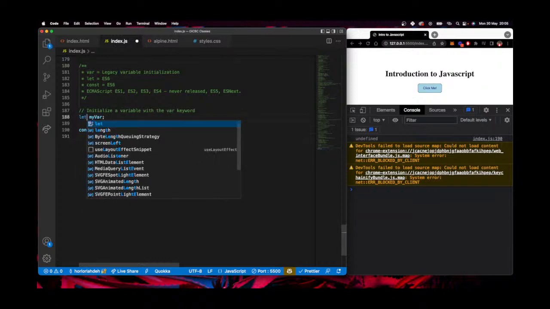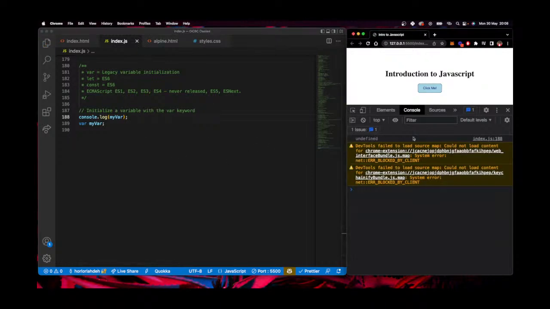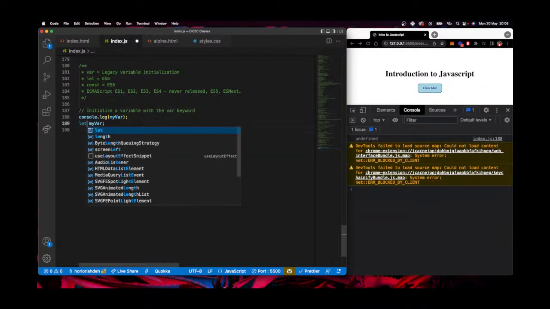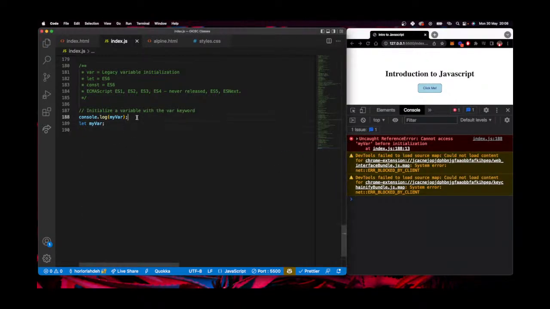But if we do the same thing with let, see what is going to happen. So this is what I actually meant to do. So let me put this here. So you can see we have a value here. We have undefined outputted. But if I do something like this now, you can see that we actually get an error. And that's because